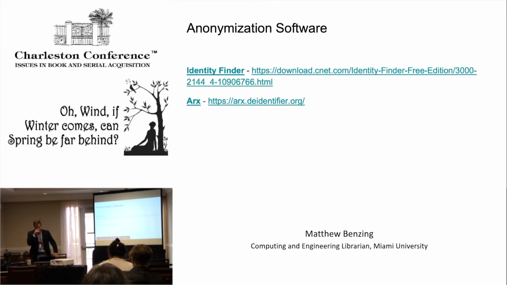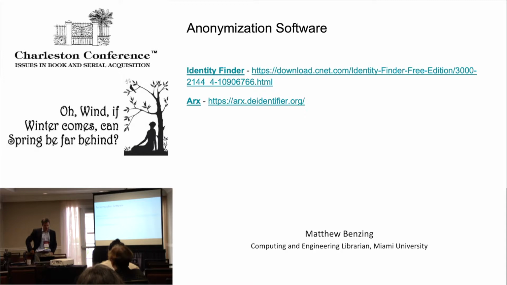And there is anonymization software. Identity Finder is more of just finding if there's sensitive data in a file. It's mostly marketed to individuals, just for you to run on your computer and see: is my credit card number somewhere on my computer where people might be able to find it, or do I have some other sensitive information on there someone can hack in and find? So it scans files looking for things like credit card numbers and social security numbers and any number of other identifiers. But it can also be useful if you've got data sets and you just want to double check and make sure there are no direct identifiers like that.